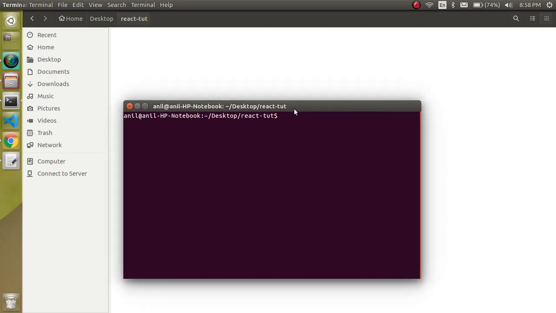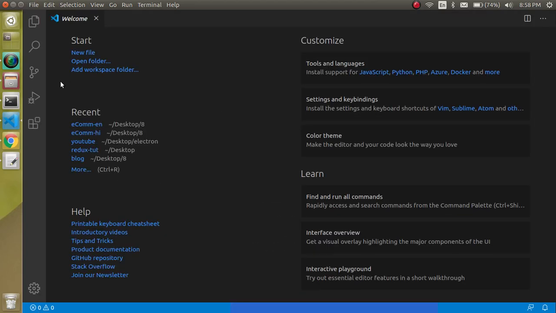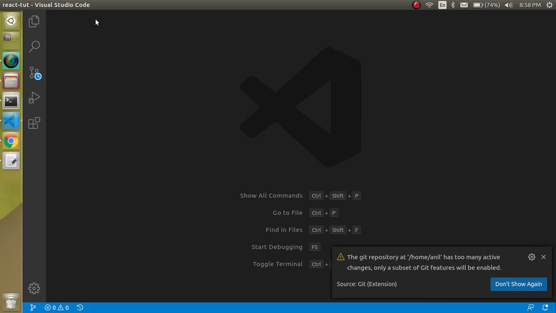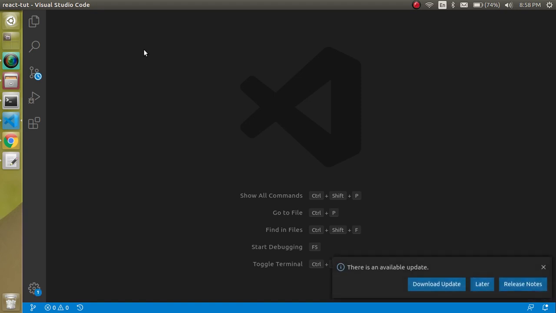So let's open a command line here and write code dot, right? Code dot will basically open your code editor, which is Visual Studio Code. If Visual Studio Code is not installed in your system, then the code dot command will not work. I also recommend that if you are just starting with a new code editor, you must install Visual Studio Code. It is very easy, lightweight, and really helpful when we are learning something, because it automatically provides IntelliSense and spelling correction also.